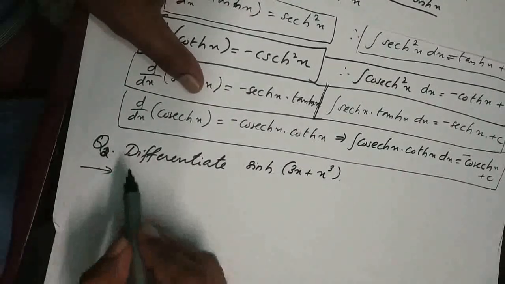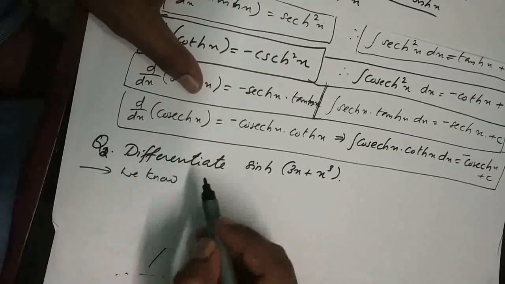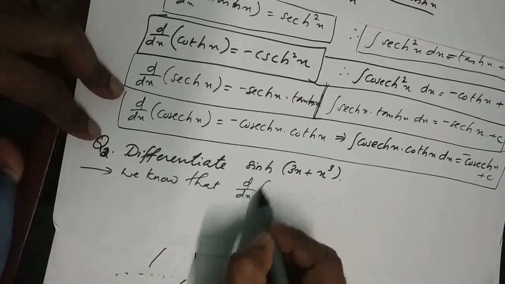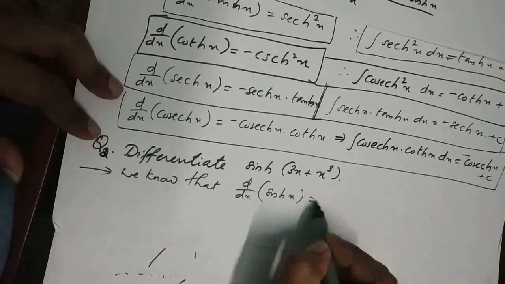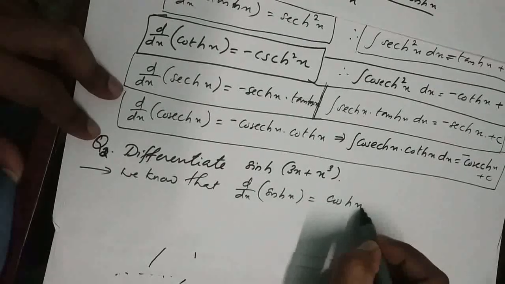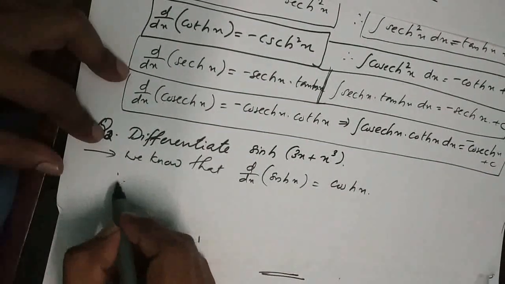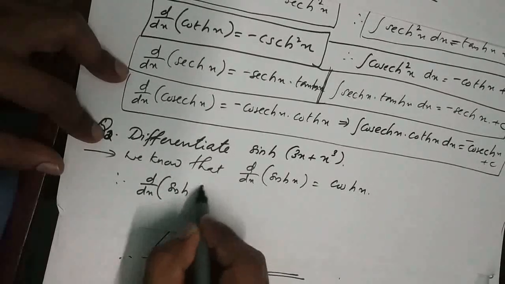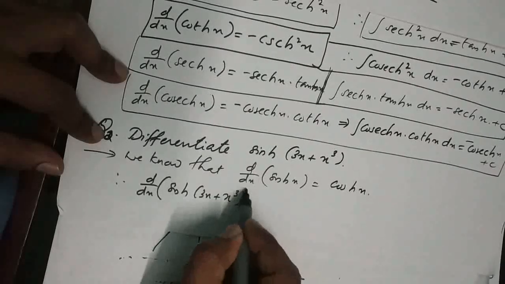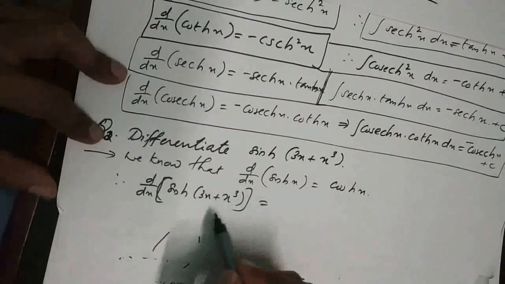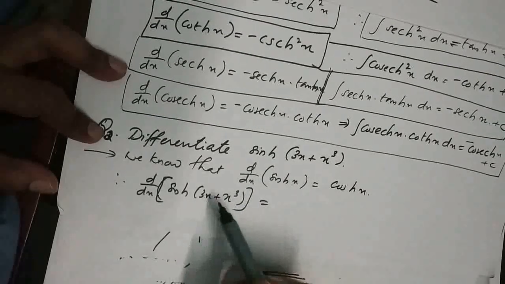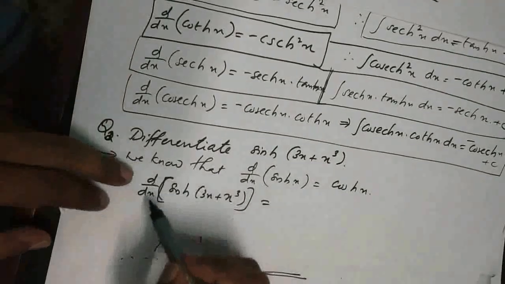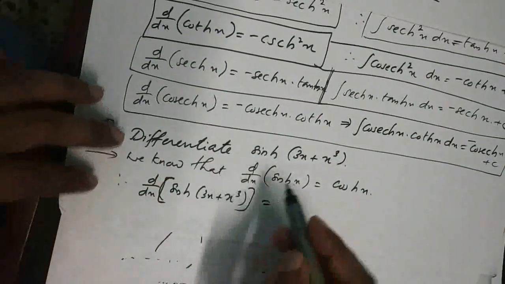So simply we know that d by dx of sinh of x is equal to cosh of x. Therefore d by dx of sinh of 3x plus x cube will be what? We need to replace x by 3x plus x cube. So dy dx of sinh x is equal to cosh x. So simply dy dx of sinh of 3x plus x cube will be